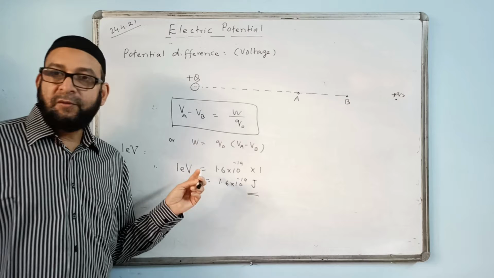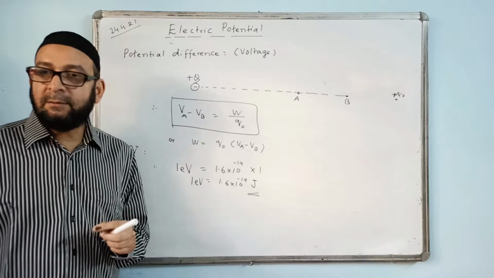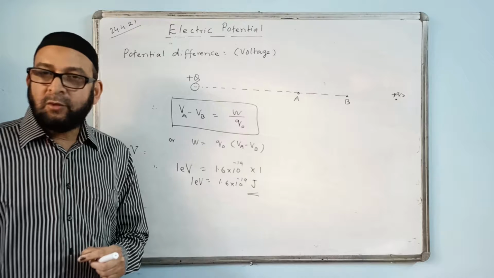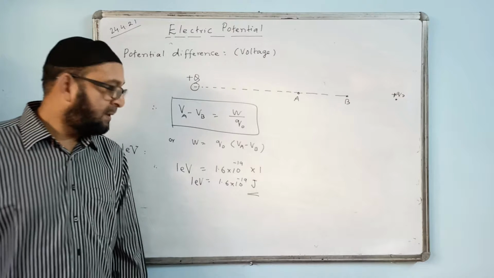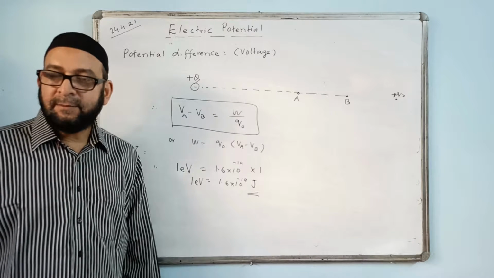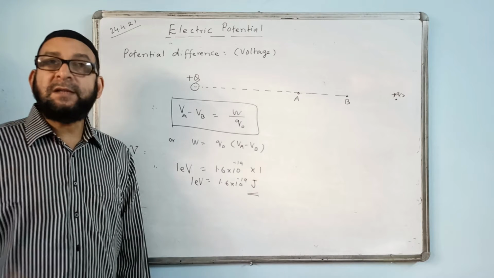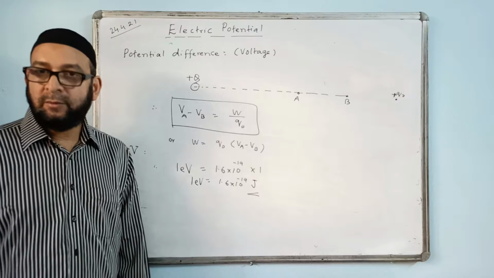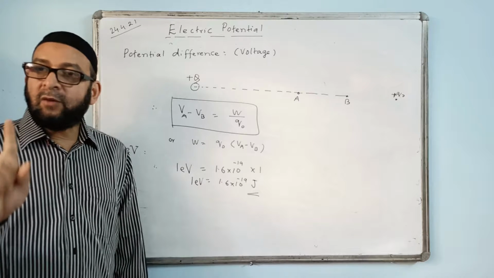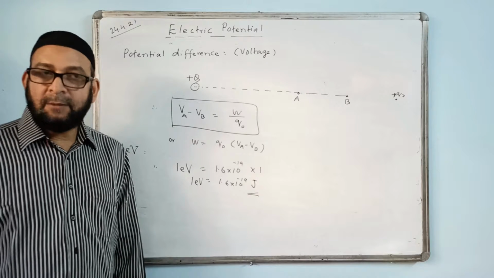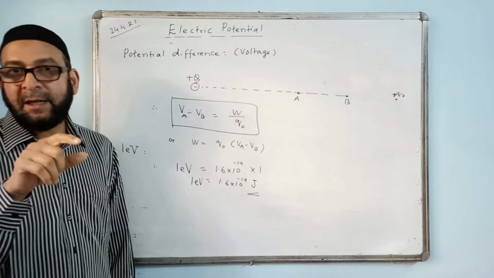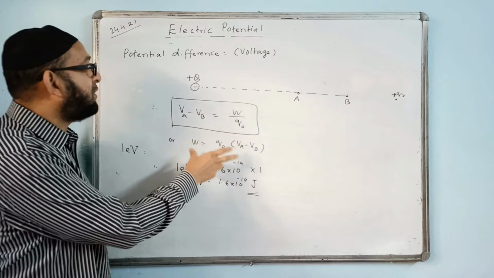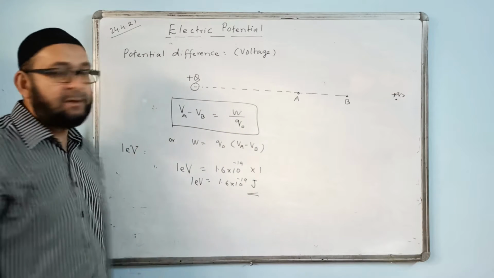The definition of 2 eV is the amount of energy gained by an electron through a PD of 2 volt. Similarly, how to define 10 eV? It is the amount of energy gained by an electron through a PD of 10 volt. The number of electrons will always be 1, and whatever amount is mentioned, like 10, 2, 5, that is the value of voltage. Voltage means potential difference value will be that much.